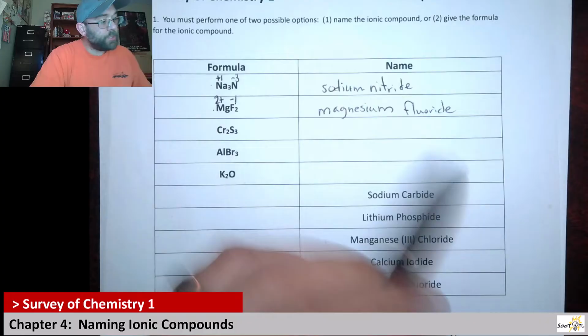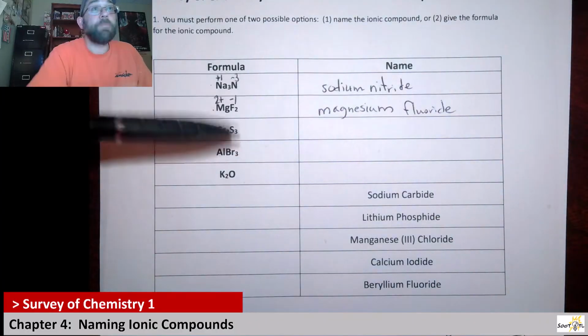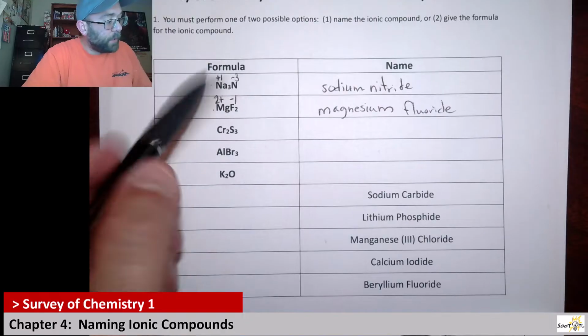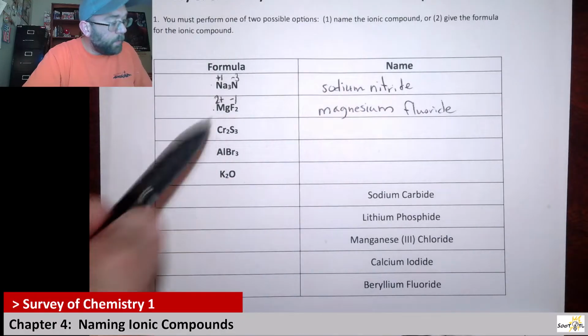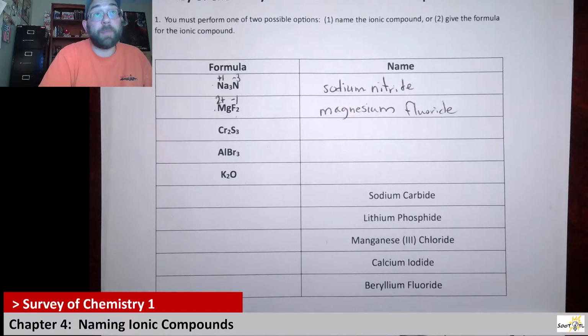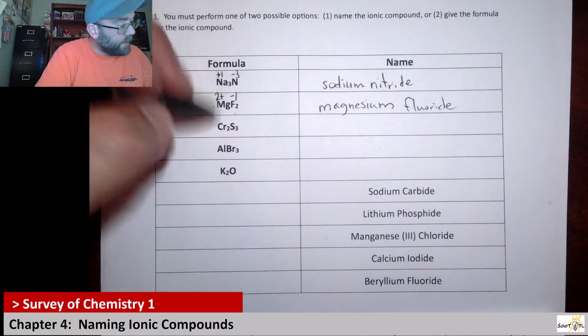Right? And so the thing I want you to notice here, right, with ionic naming, we don't worry about the numbers here, right? So this didn't become like trisodium. This didn't become difluoride, right? We don't do that in ionic naming. That's in covalent naming, and that'll come later, okay? Next up, we have